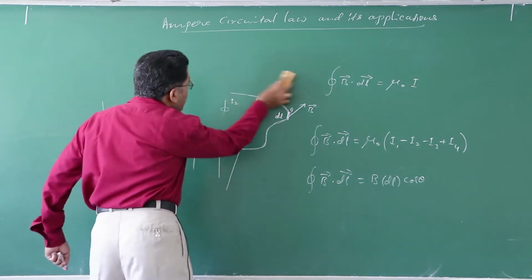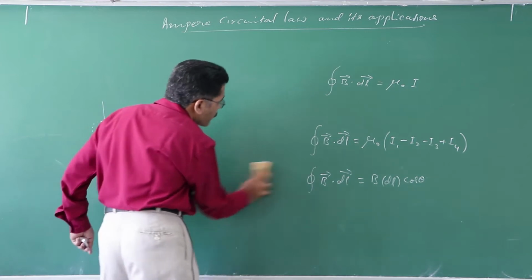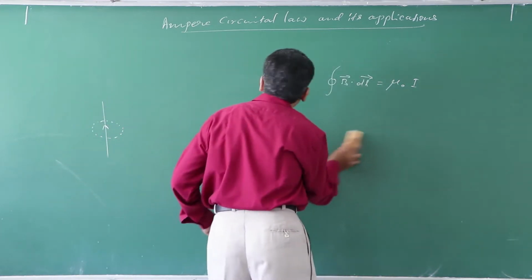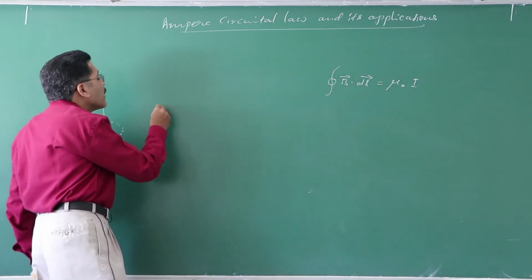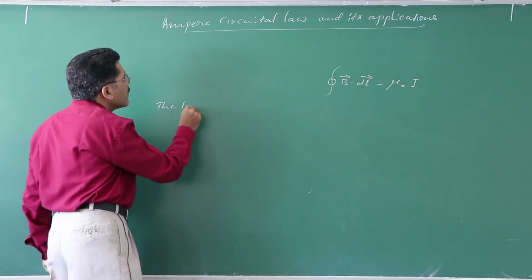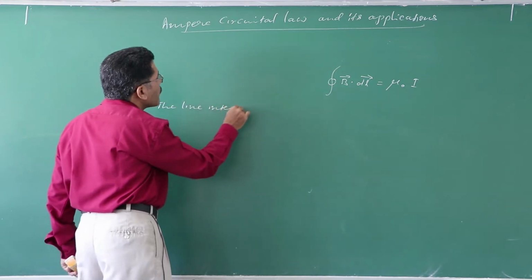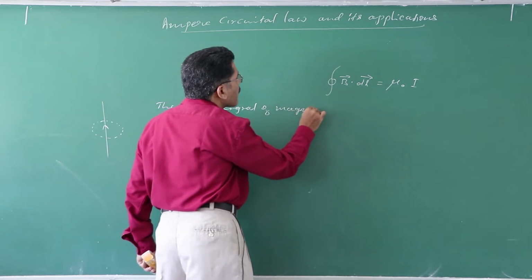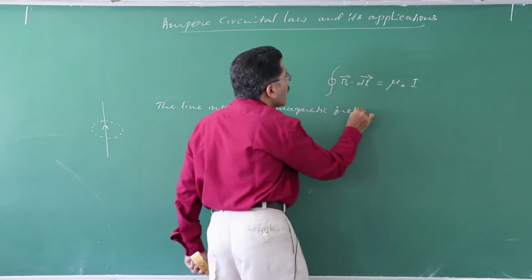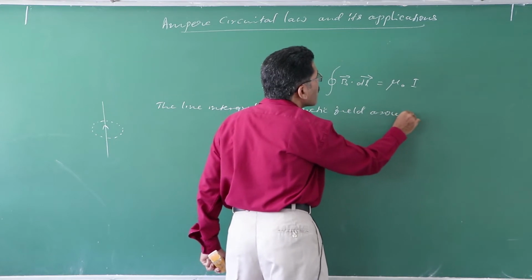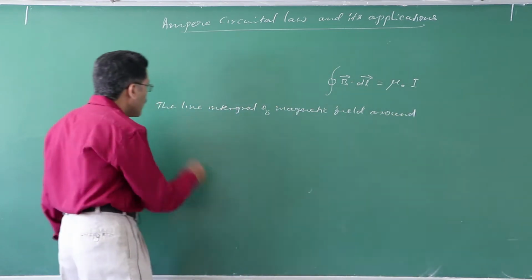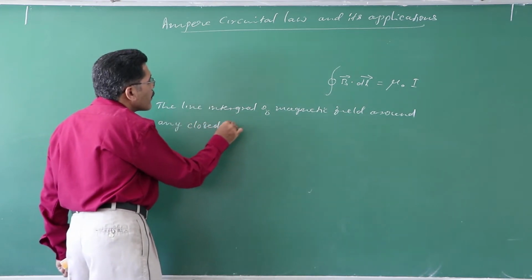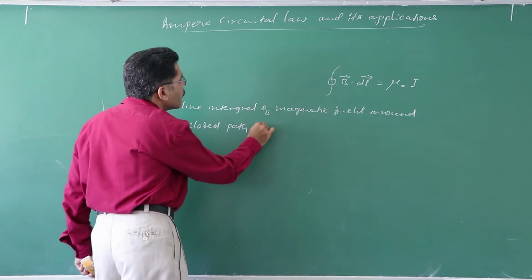So now let us take specific examples for understanding Ampere's circuital law. Therefore, the line integral of magnetic field around any closed path in free space